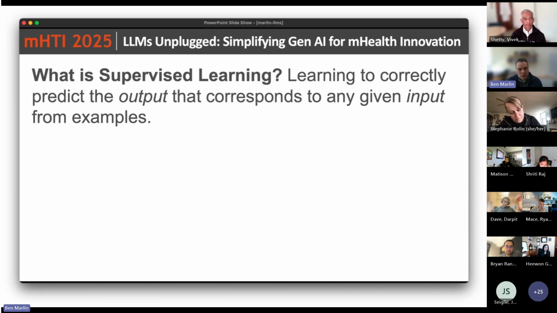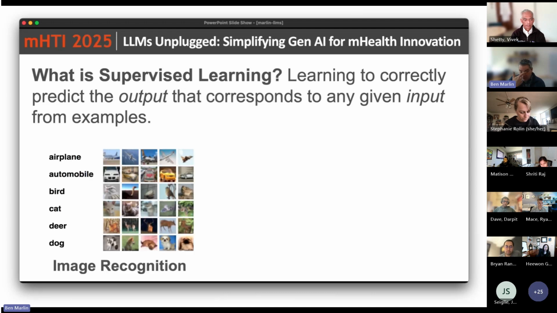In machine learning, this is one of the most common forms of learning. And again, you'll often see this conflation that I talked about, where people think about supervised learning as being the only kind of learning, or as being all of AI. Clearly, there's more going on than that. But this is the relevant form of machine learning for the topic of LLMs that we're going to focus on today. There are lots of different examples of supervised learning in the literature and in common practice.